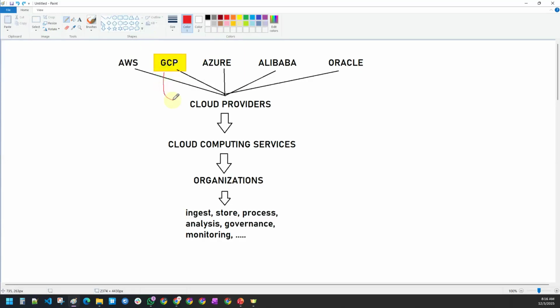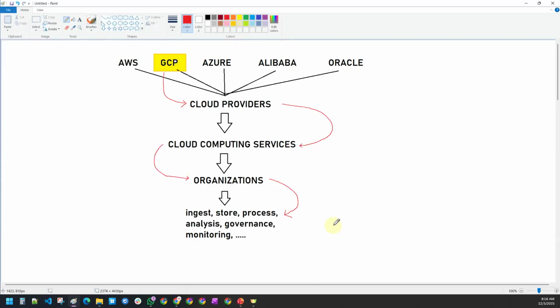Google Cloud Platform is one of the leading cloud providers which provides cloud computing services for organizations for storing the data, processing the data, analyzing the data, or visualizing the data. In simple words, for building an application, deploying the application, and scaling the applications and services in the cloud. So this is what GCP is. If you ask me what AWS is, I will say the same thing. If you ask me what Azure is, I will say the same thing, because if you go to a